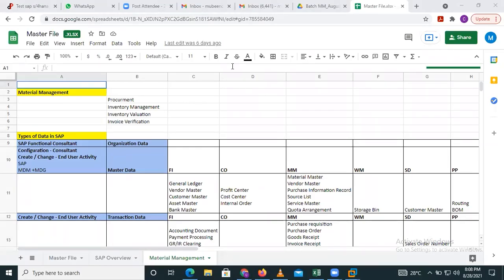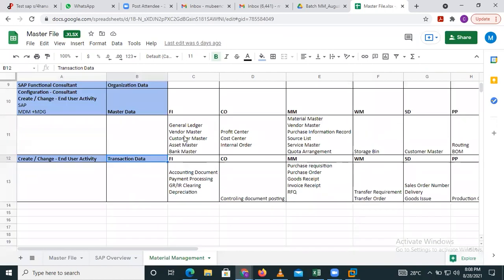So last week we started the overview of material management. Am I right? And we discussed the types of data: organizational data, master data, and transaction data. Right? So what are the key components in material management? Procurement, inventory management, inventory valuation, invoice verification, and what types of data we have, that is organizational data, master data,